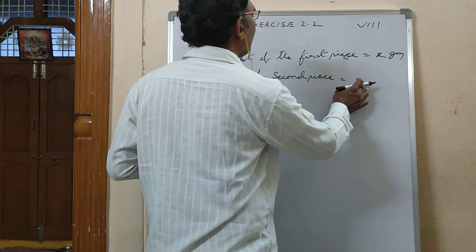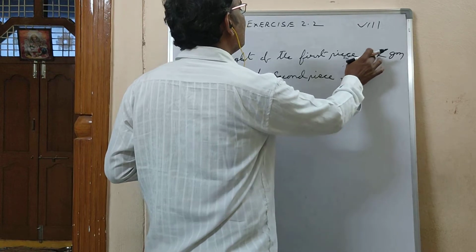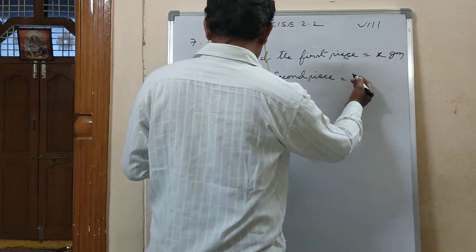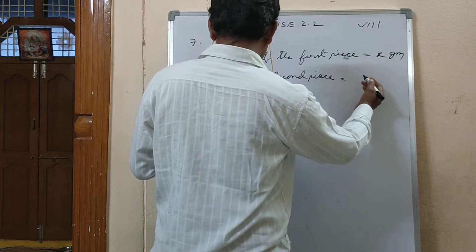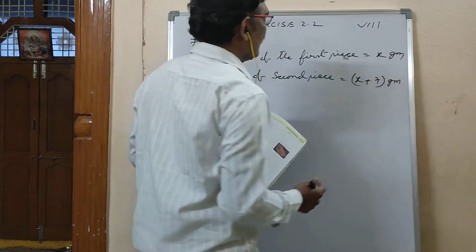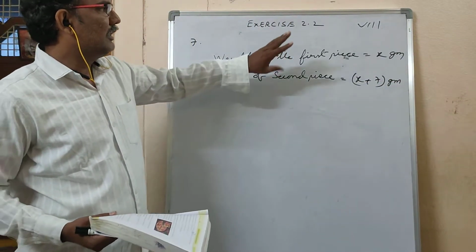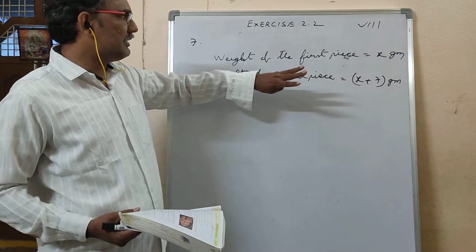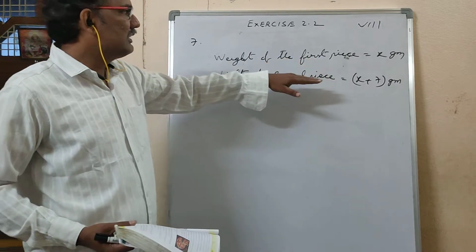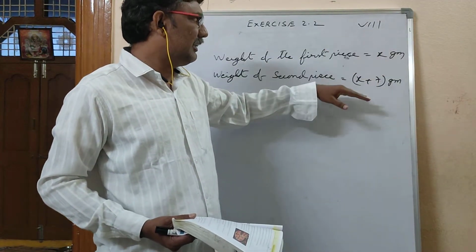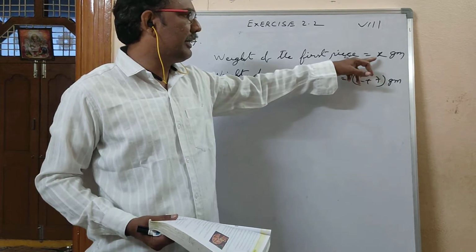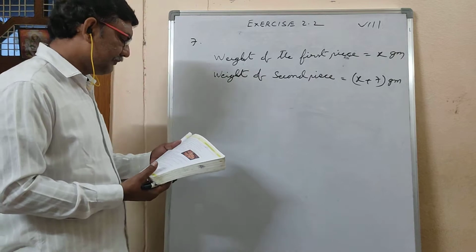Second piece, how much will it be? Than that, this is 7 grams lesser. So the second piece weight becomes x plus 7 grams. Now just imagine, he made a pizza into three pieces. First piece weight we don't know, but he said that the first piece is 7 grams lesser than the second piece. From the second piece, if you subtract 7, are you getting the first piece or not? Same like this. Next again,